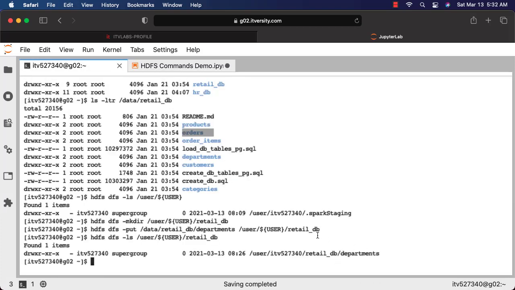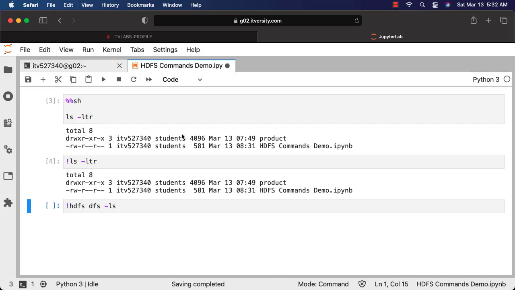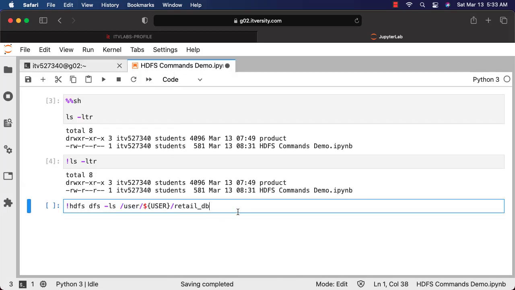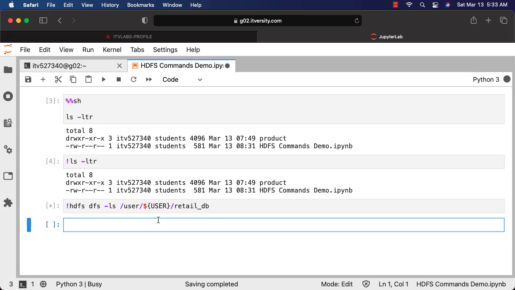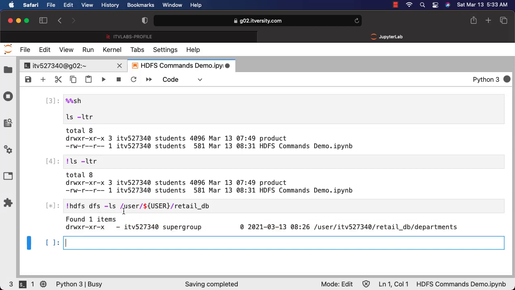Let's use the same location, which is /user/$user/retail_db, and then run it. You should be able to see the output of this command below this cell in a moment. This is how you should be able to run HDFS related commands using the notebook environment.